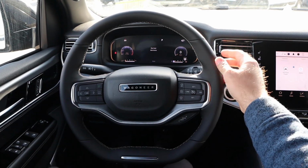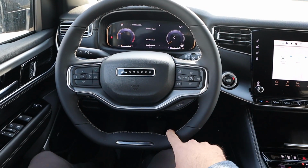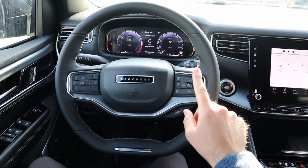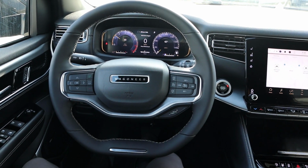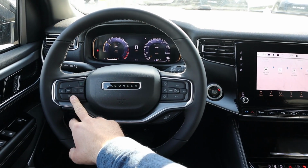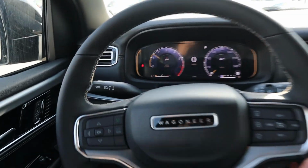Now taking a look at the steering wheel, we've got really nice padding all around. You've got contrasted stitching in the center, our gear limiter here, and then this has regular cruise control as well as adaptive cruise control. Wagoneer, of course, in the center of the steering wheel. And then you guys can see we've got controls for center stack, phone controls, and then of course, turn signal stock,